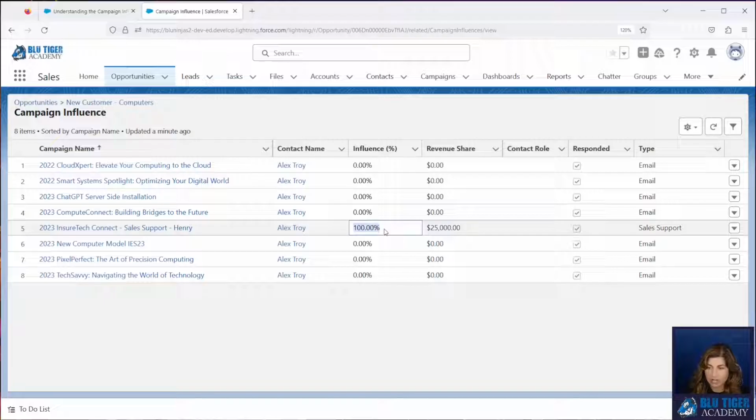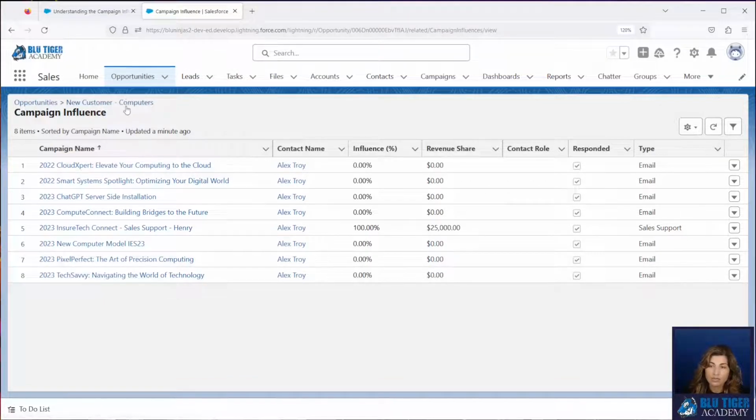Whenever you see that, you know that that campaign was the primary campaign source on the opportunity. Now, unless you require it, not all opportunities have to have a primary campaign source, and some of them may not have one. Then all these others, these 7 records, were automatically created from our campaign influence settings.